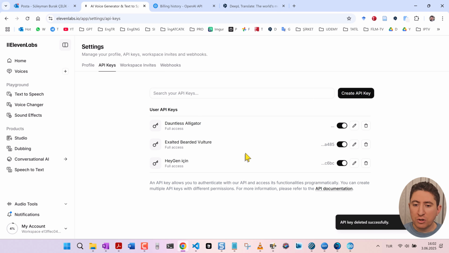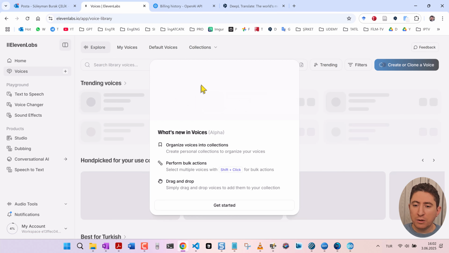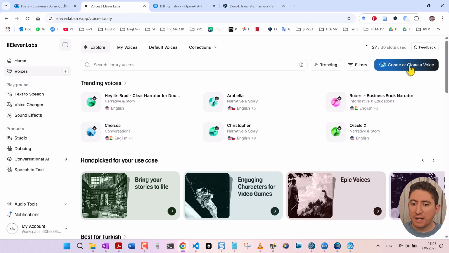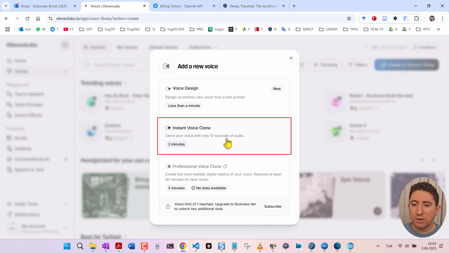Now, before we return to our interface, since we have this open, let me show you something important about voice creation. Let's click on the Voices section here. This is where you can see all available voices, but more importantly, you can create your own. I'm clicking on Create or Clone a Voice in the top right corner. In the Open section, you can see the Instant Voice Clone option. This is exactly how I created my Zuckerberg voice clone that we'll use for dubbing, using just a 2-minute sample